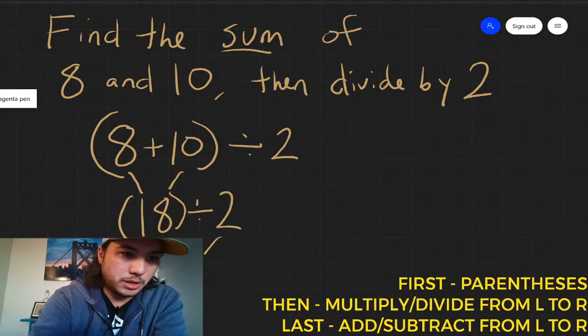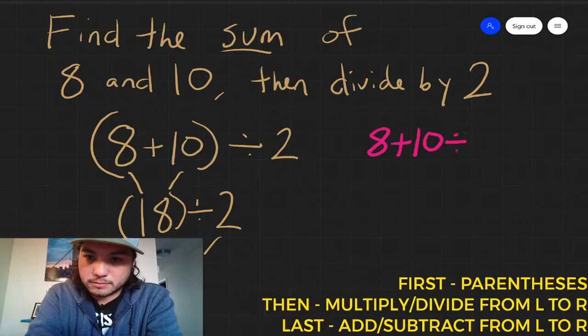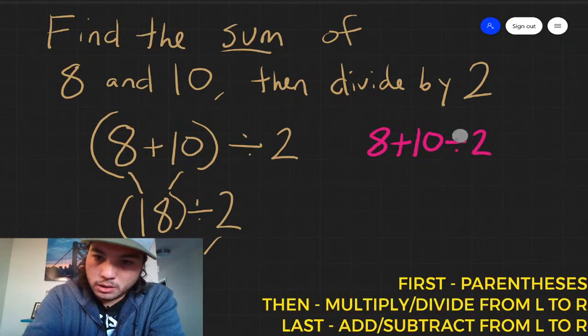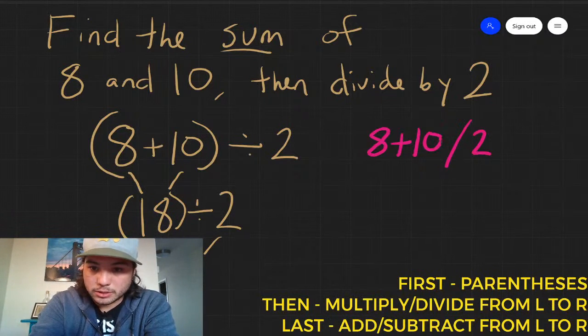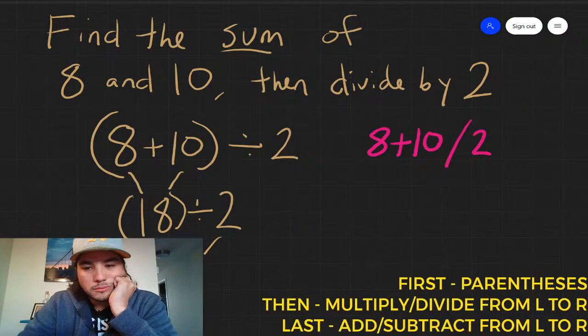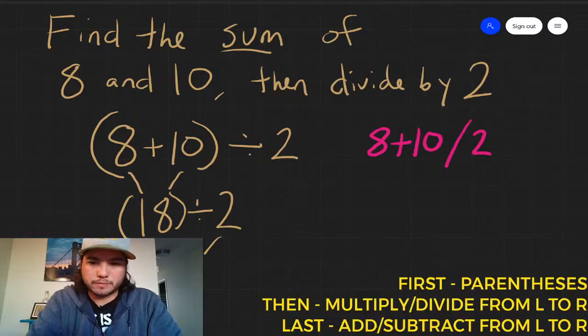Okay, and I picked this problem because when you don't put the parentheses in, something very interesting happens. So here would be, I'm going to put it in pink, if you didn't have the parentheses, 8 plus 10 divided by 2, or if you're typing, our slash can also be used. Okay. Now, according to our order of operations, in the pink one, what should come first? Right? Before we get to the adding,